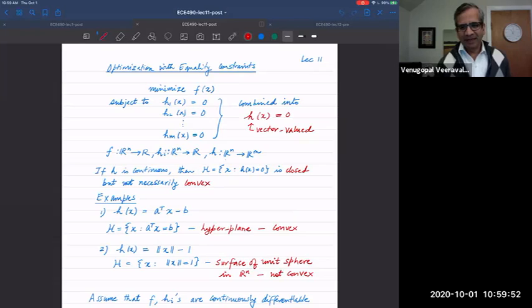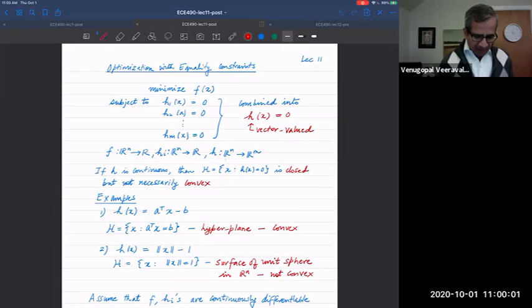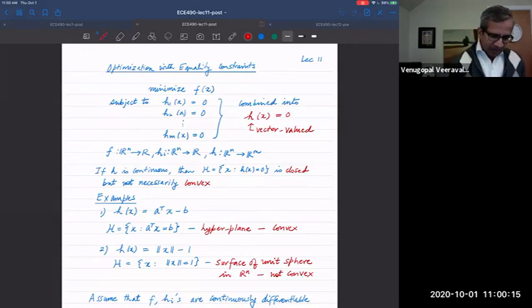All right. Okay, so before we start, do you have any questions about the last lecture? We'll go over it briefly, just a review, because we're going to build on what we talked about last time anyway. So we're talking about optimization with equality constraints, and this, in some sense, is more general than